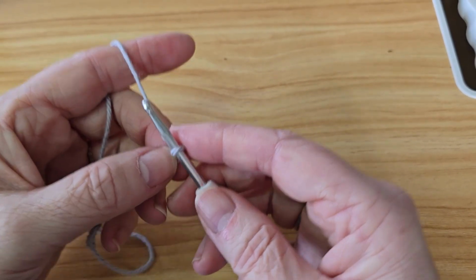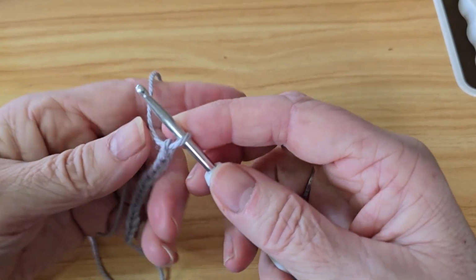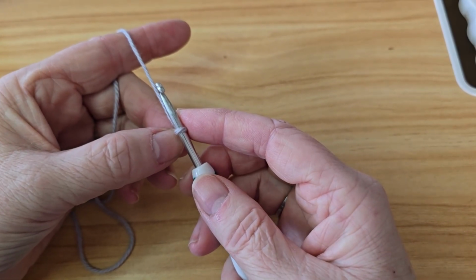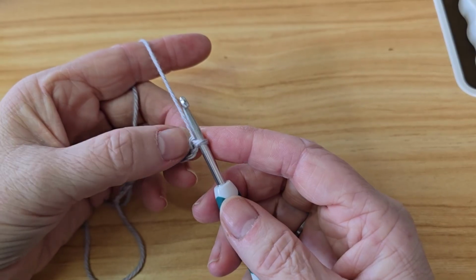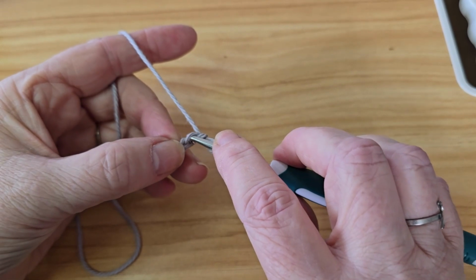All right, now we're going to do a single stitch. Now, when you do a chain, a lot of people will go through the back loops. For the beginning, I'm not going to do that. You would skip this very first stitch if you're doing single crochets. We're going to start with single crochets. So you're going to skip the one stitch, and in the second stitch, you're going to insert the hook,